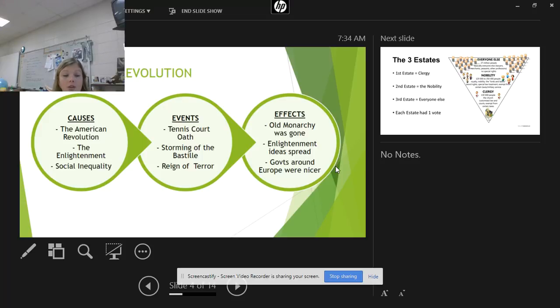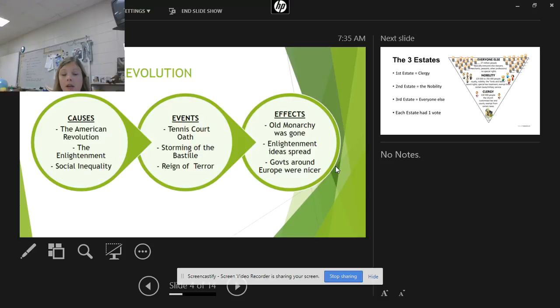Those ideas of social contract theory, majority rules, freedom of speech and religion, as well as a couple other events, specifically the American Revolution. Remember, the Americans were able to defeat their overbearing king, who was unlimited in England. So if the American colonists can do it, hey, maybe the French people can do it too. We also had a lot of social inequality in France around the end of the 1700s. You had the three estates, which we'll look at in a little bit more detail here in a second. And of course, the first two estates had a lot more money, a lot more land than the third estate, and a whole lot more power in government. So that's going to be a big issue as well.